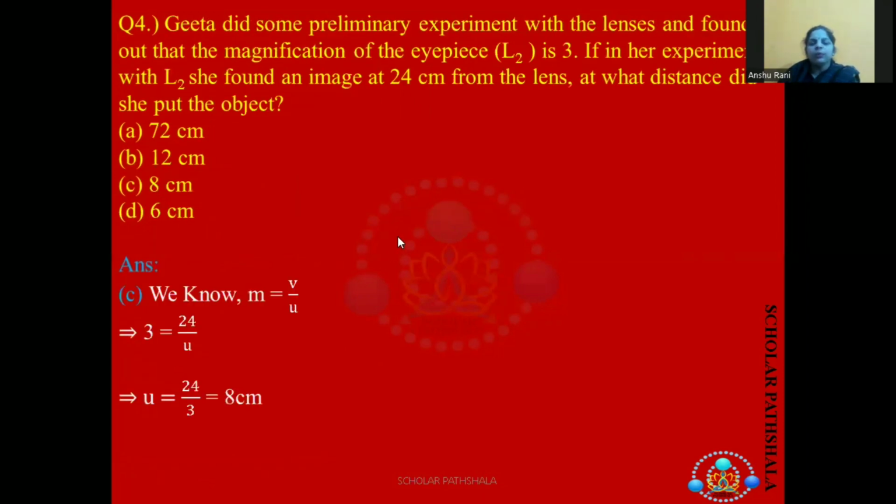Geeta did some preliminary experiments with the lenses and found out the magnification of the eyepiece is 3. In her experiment with L2, she found an image at 24 centimeter from the lens. At what distance did she put the object? Using the formula, magnification is equal to V upon U. We'll put the values. 3 is equal to 24 upon U, and the value of U will come out to be